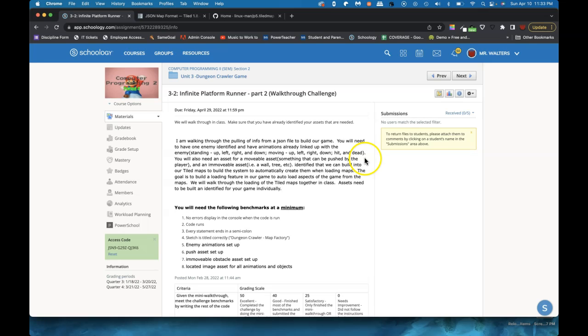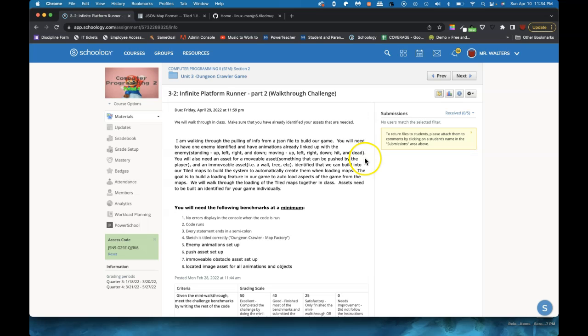And then we need to have a couple of assets. We need a movable asset. This could be something simple and doesn't need to be an animation. Maybe a trophy, or a special rock, something that we could slide around. We're going to have to build that using our collisions from the libraries that we've already been implementing, and